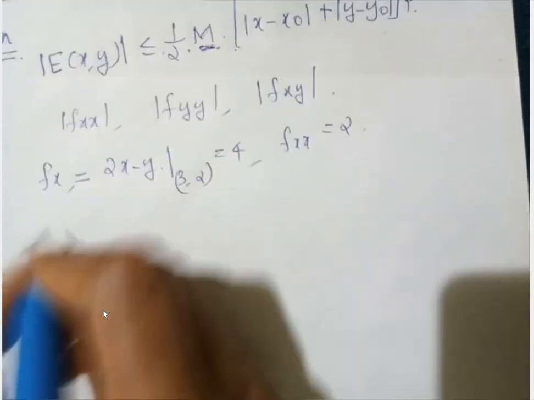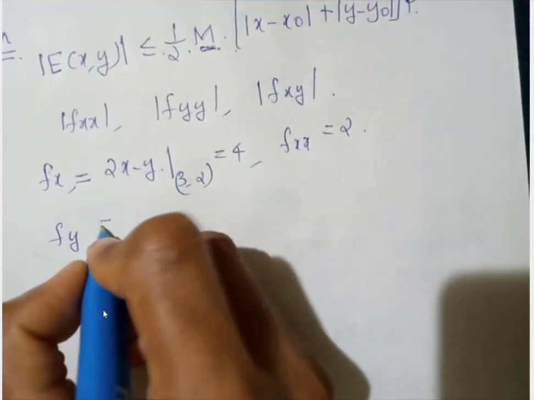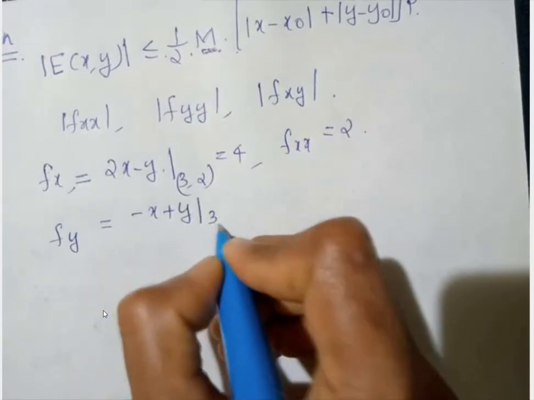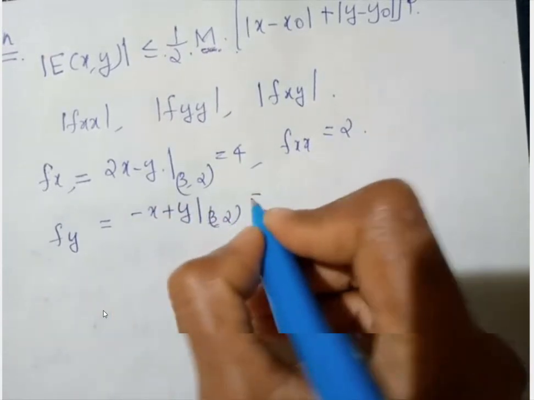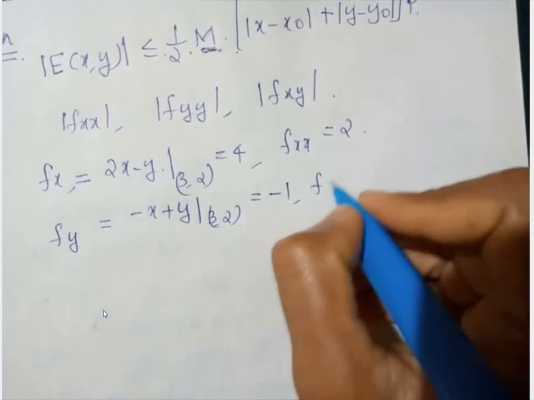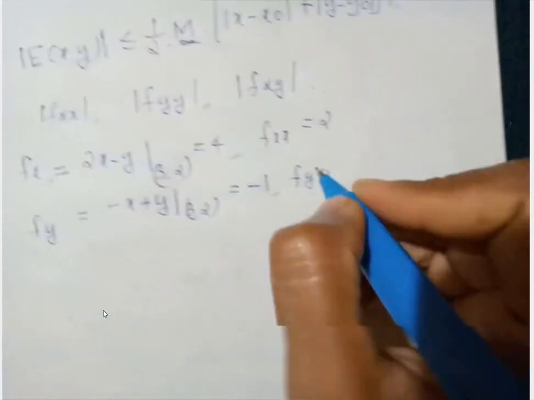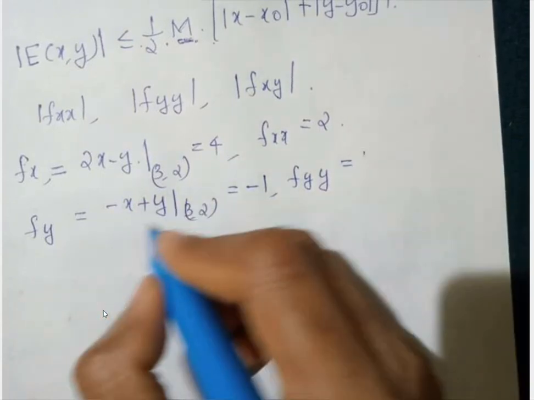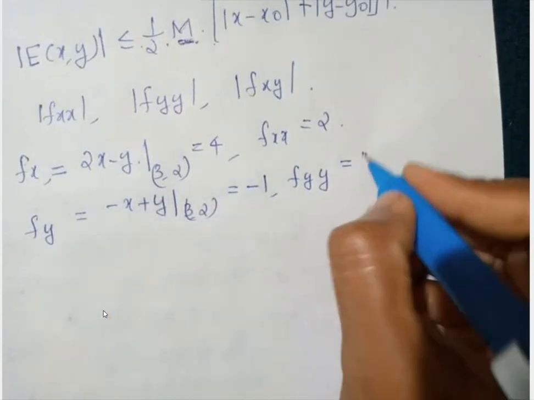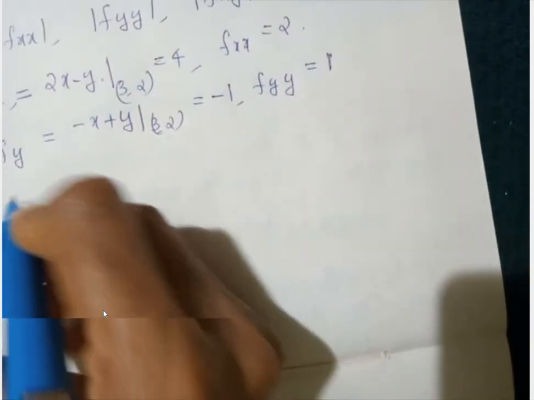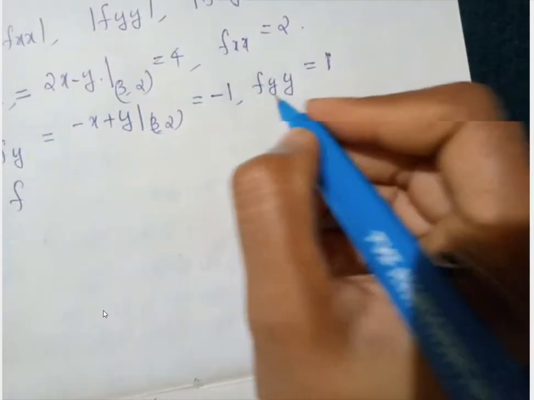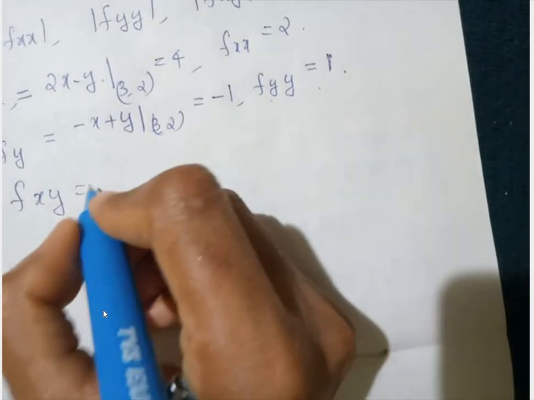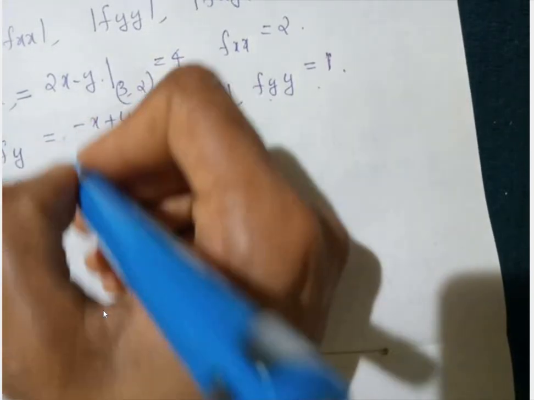fy equal to minus x plus y, and at the point 3, 2, the answer is minus 1. And fyy, which is the derivative of this with respect to y, that is 1. So fyy is 1. Again fxy, that's equal to derivative of this